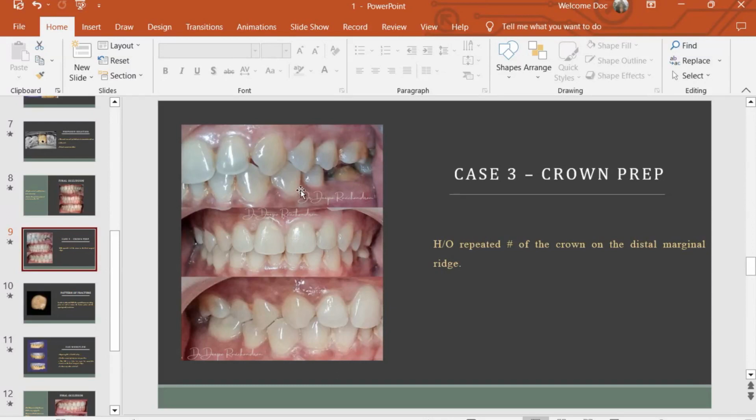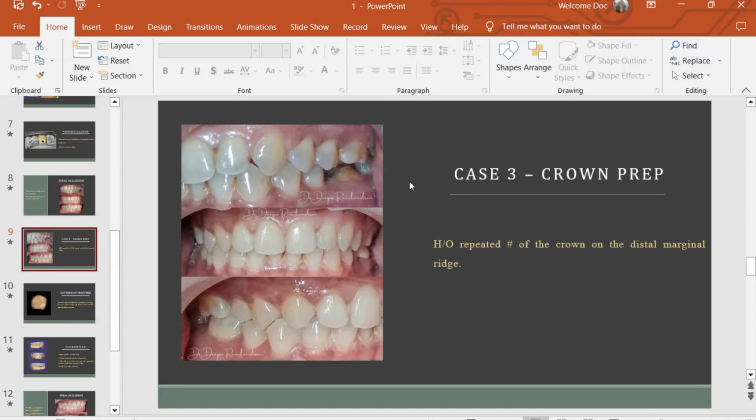Now, as you can see over here, once again, this is a case of very, very less vertical dimension. The vertical dimension on the right is a little bit better, but the vertical dimension on the left is far less, okay? And again, you can see that there is a kind of a reverse curve of SPE over here. And the interocclusal space is again very less, okay? So I cannot reduce, but again, it's the same conundrum again. I cannot reduce the occlusal height of this tooth anymore in order to gain more interocclusal space, because if I were to do that, the height of the axial wall would become too less and the tooth would become completely non-retentive for a crown,